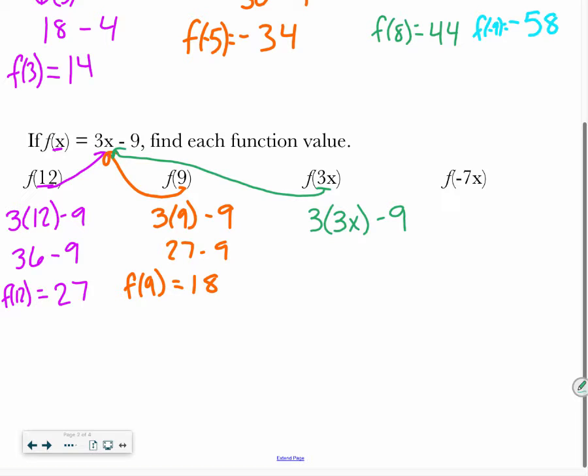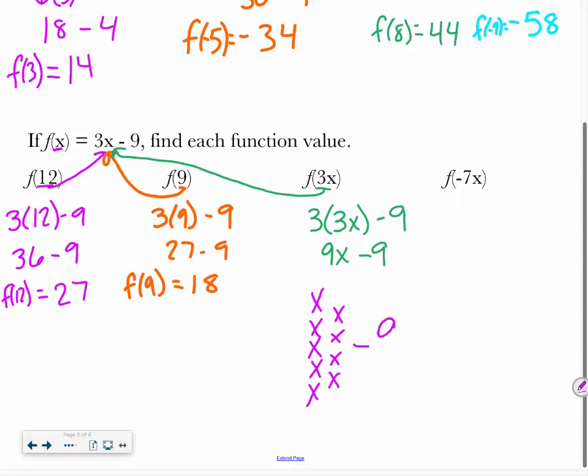Okay, so I have 3 times 3x. We're multiplying, so 3 times 3 is 9, and we still have that x there, and we still have minus 9. Does this just become 0x? No, because remember, these are not like terms. This is saying that I have 9 x's,